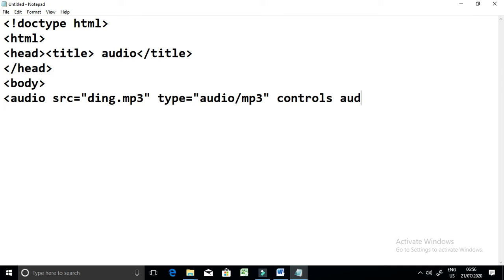Then add autostart to start the audio on the page load. Then close body tag, HTML tag and save the file.